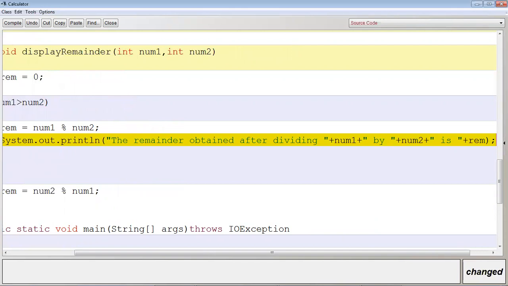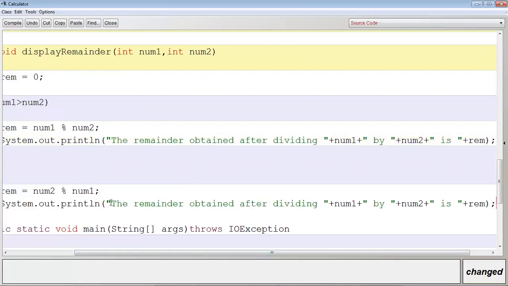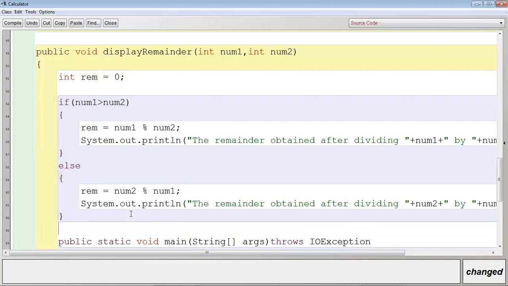Let me copy this and paste it here. The remainder obtained after dividing, I will have to write here num2 by num1. Why? Because it is in the else part. Else part means where num2 is greater than num1. Yes or no? Clear?